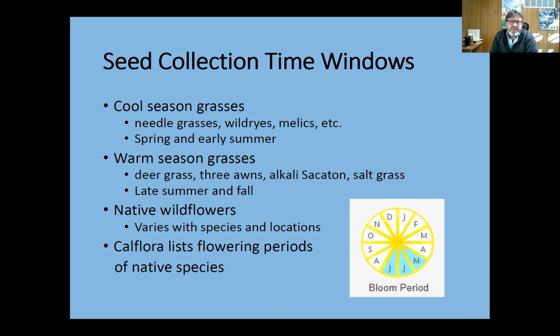One of the things that's really great here in California is this resource called CalFlora. If you go into Google and type in the scientific name of a given species, generally CalFlora will be one of the first five choices. You click on the CalFlora icon and you get this really great initial page that gives you the general distribution of the species, but it also provides you with this little clock you can see in the bottom right, the bloom period. That's a nice little piece of information to give you a sense for when a lot of this material is ripe. Next slide.